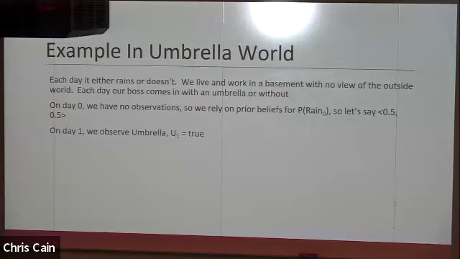So on day 1, we observe that umbrella equals true. Our boss comes in with an umbrella. So we go through step 1, the prediction step first. We know that we've set this to 50%, 50%, and we look over the history of our variables, which doesn't have much right now, but we know there's a 70% chance if we go back to